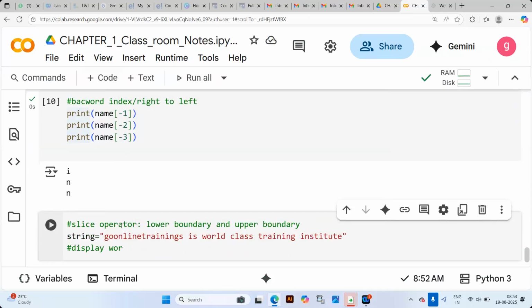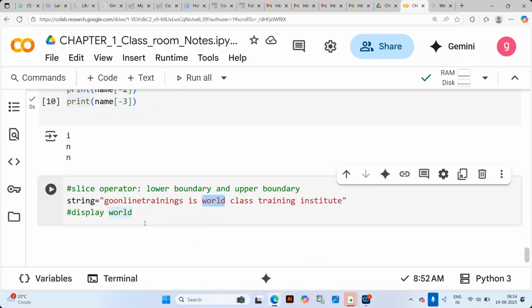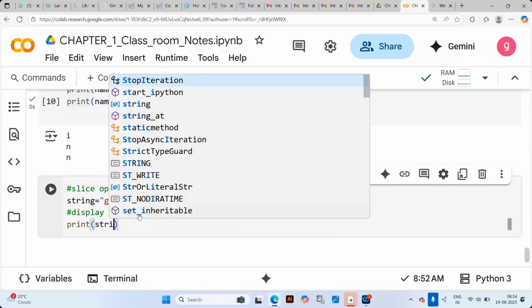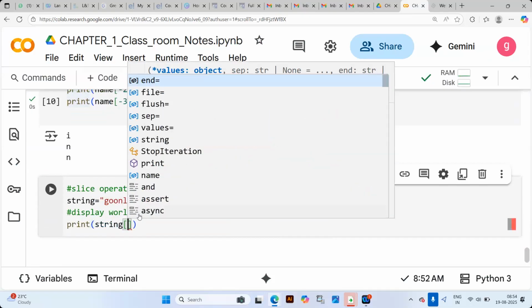If you understand the previous concept, which is left and right indexing, now I want this word world to be displayed. How do you display it? There is an operator, string of, and here a colon is there.